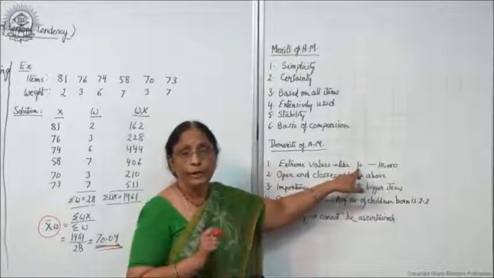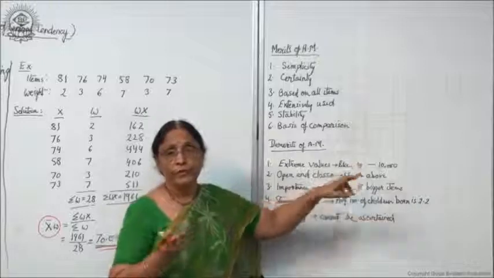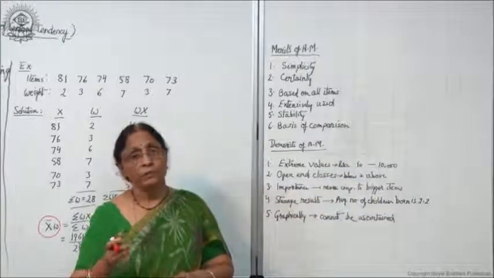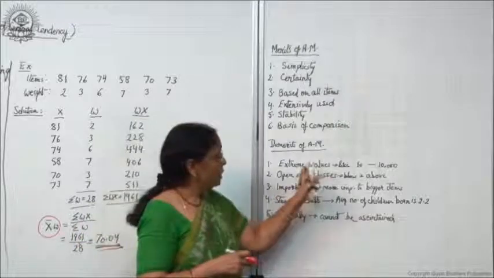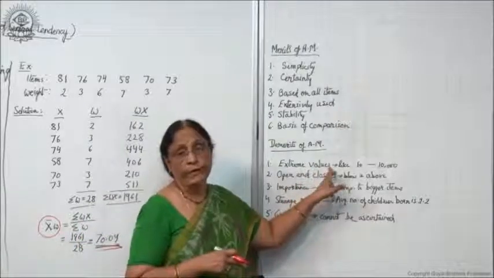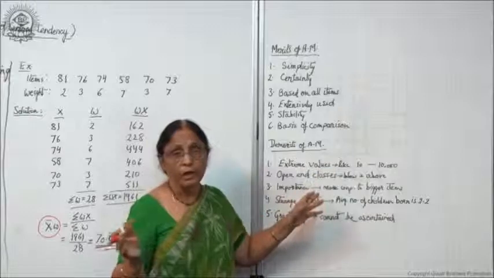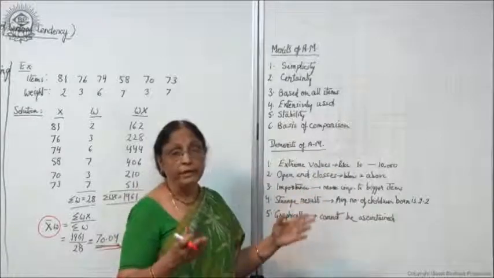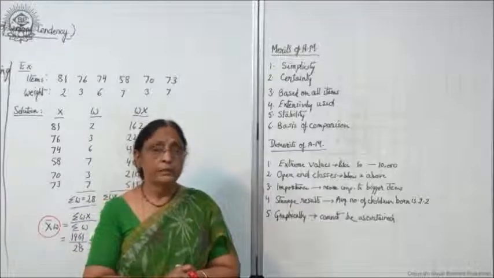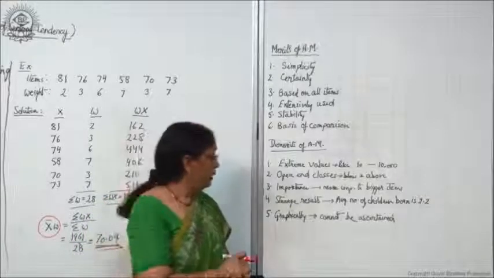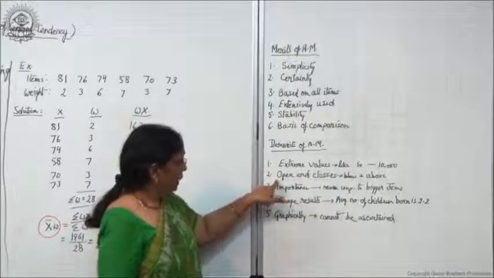So one is getting only 10. So an average of 500 is very different from 10. So in this way it shows extreme values sometimes, when the data is very vast or there is a wide gap, then when you take out the average, it will be a little misleading, right? Second is open